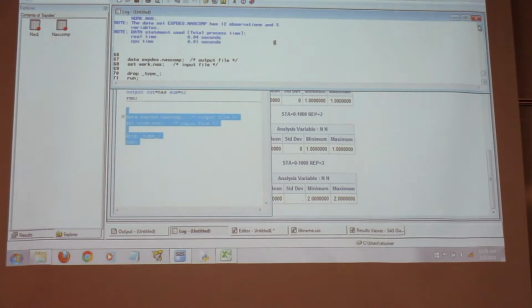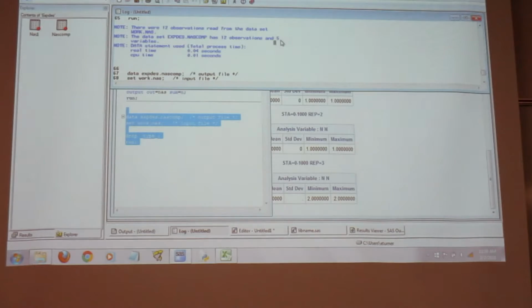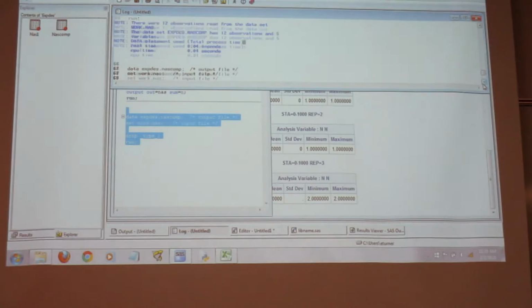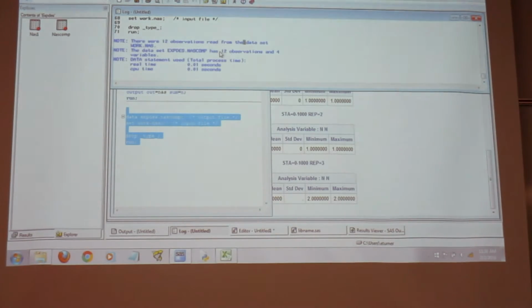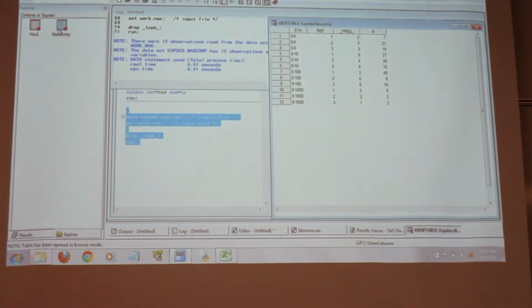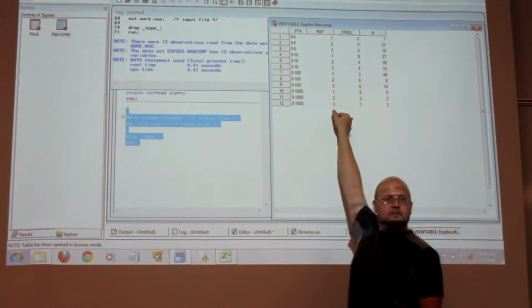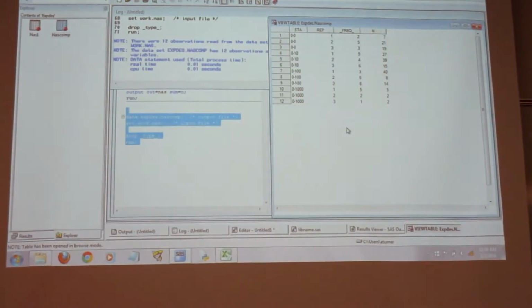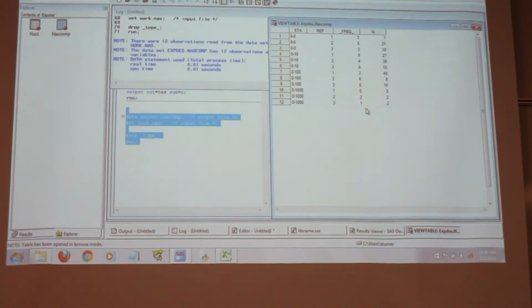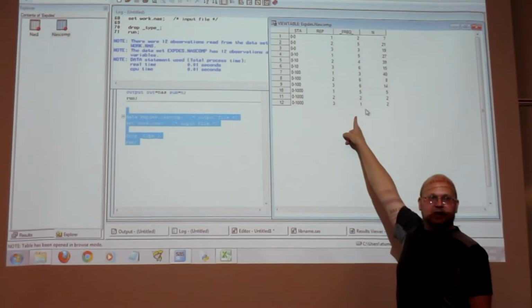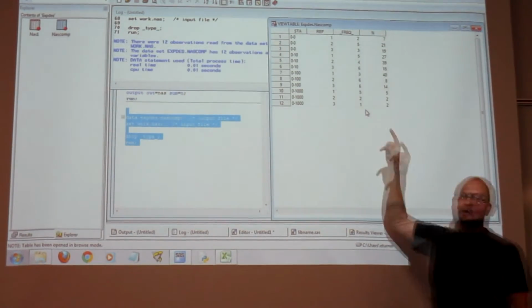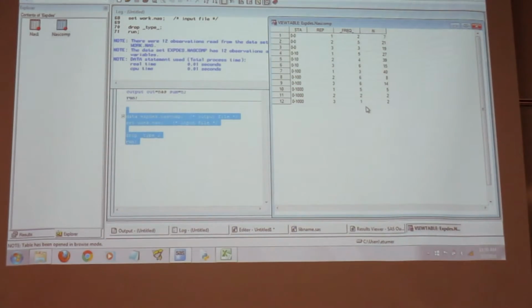In fact, maybe we'll see the difference. Okay, so up here, the last time I did it, it said 12 observations in 5 variables. Now I ran it again. It says 12 observations in 4 variables. And if we look at it, okay, now we've dropped that one we don't want. We don't want that anymore. Okay. So now what I want to do is rename a variable. Because I want to rename this. And this is actually richness, right? So I want to rename that and we save it.